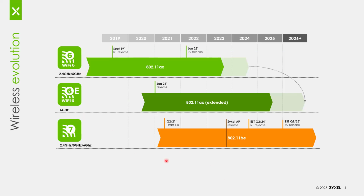So Wi-Fi 7 is the latest technology. And one of the challenges we have with Wi-Fi 7 at this point is just that there aren't a lot of clients out there that support Wi-Fi 7, and those that do may not support all of the features. And this is something we've seen in the past. Client technology takes more time to launch versus the access point technology. So a lot of the Wi-Fi 7 deployments today aren't going to see a lot of Wi-Fi 7 users. It's a matter of future-proofing your network and getting it ready for those users once Wi-Fi 7 becomes more widespread